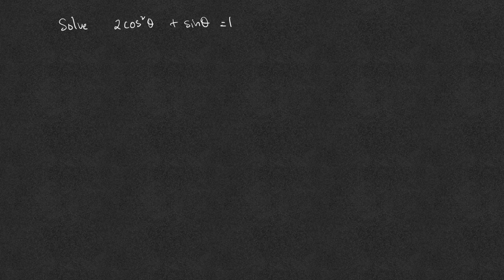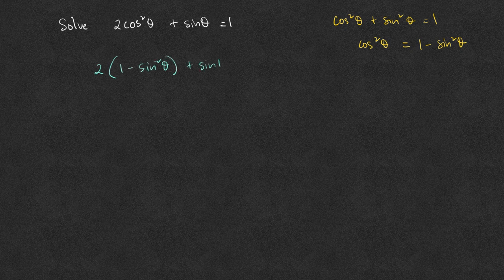Using the Pythagorean theorem, where cosine squared of theta plus sine squared of theta equals 1, we have cosine squared of theta equals 1 minus sine squared of theta, and so we will substitute cosine squared of theta with 1 minus sine squared of theta, and we rewrite everything. We distribute the 2 to get 2 minus 2 sine squared of theta plus sine of theta equals 1,